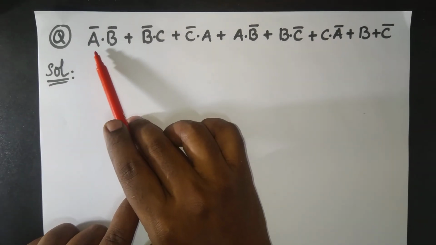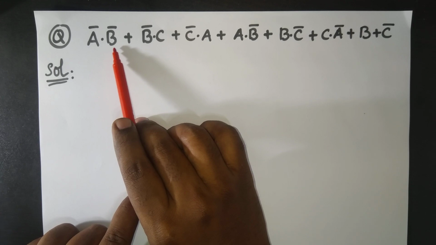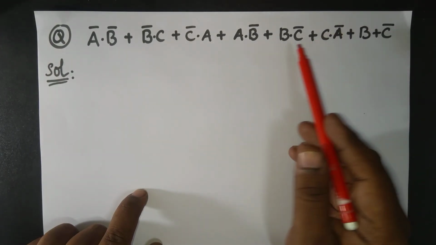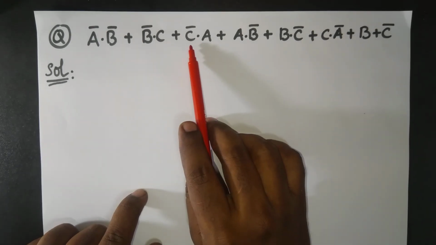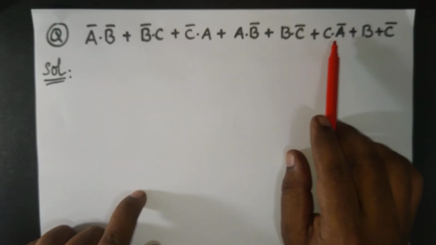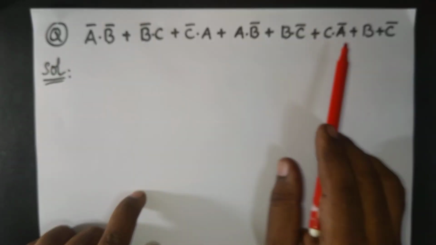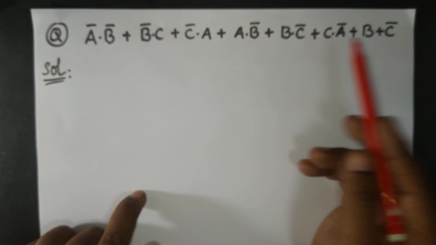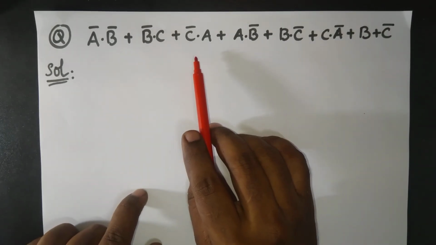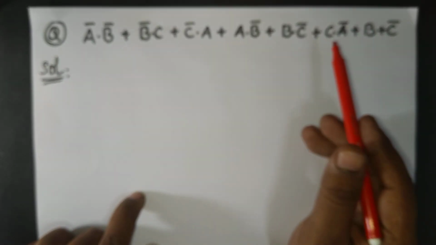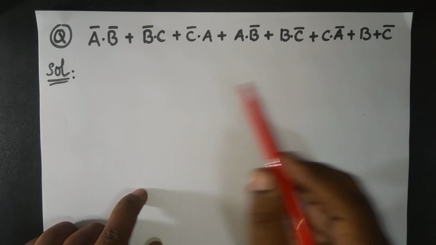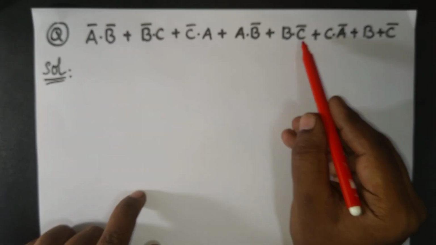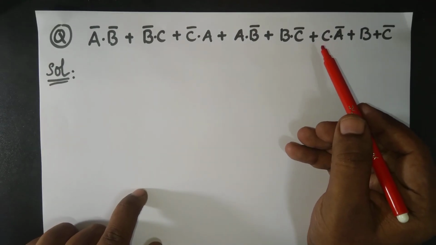I have A complement and B complement, and I have A and B complement, but no support for AB. I have C complement and A, or C and A complement. So you can form some exclusive OR operation for this. Again, no big deal, just keep on checking like that. If you want to focus on B complement and C, or B and C complement, again there is nothing out of this.